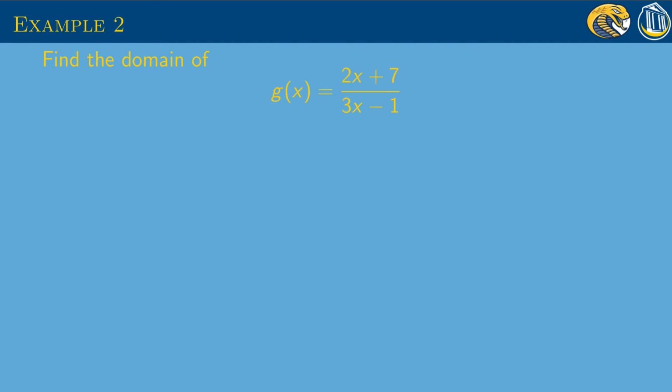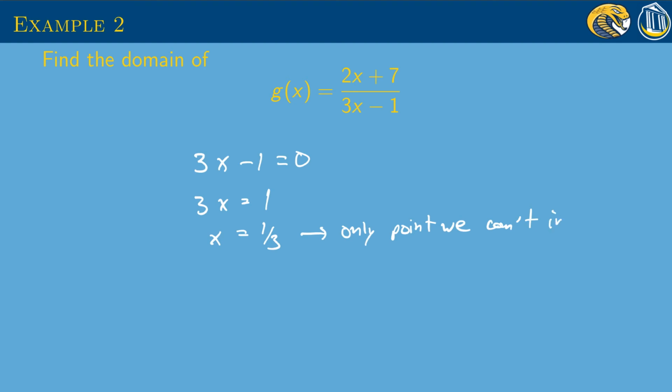Let's try this one. This is a rational function, 2x plus 7 over 3x minus 1. We know that for most values of x, we can plug in any value of x, and this is fine, except for the fact that this is a rational function, and we know that we can't divide by 0. So if we're looking for the domain of the function, we can plug in anything we want, except for something that would cause 3x minus 1 to equal 0. If we solve this equation, add 1 to both sides, divide by 3, we know that x equals 1/3 is the only point